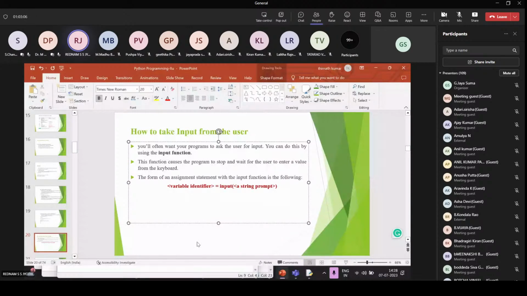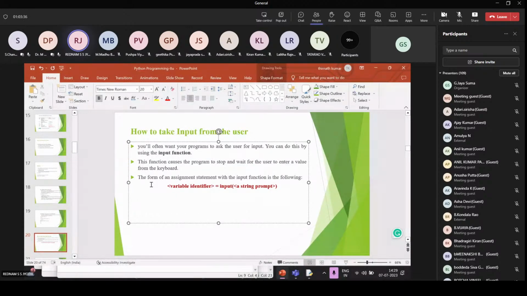You will often want your programs to ask the user for input. You can do this by using the input function. This function pauses the program and waits for the user to enter a value from the keyboard. So whenever the input function is there, it requires input from the user through the keyboard.